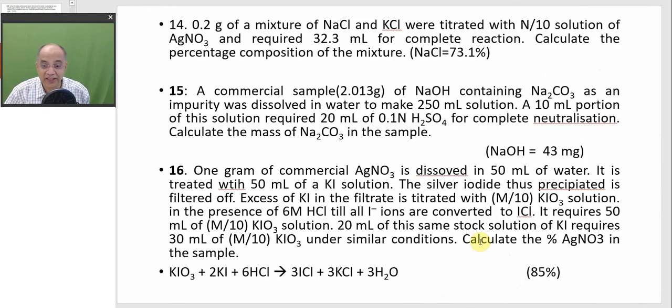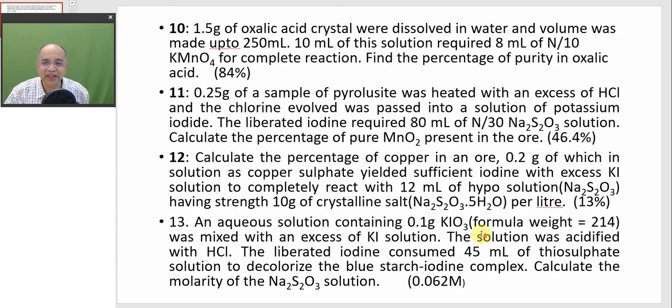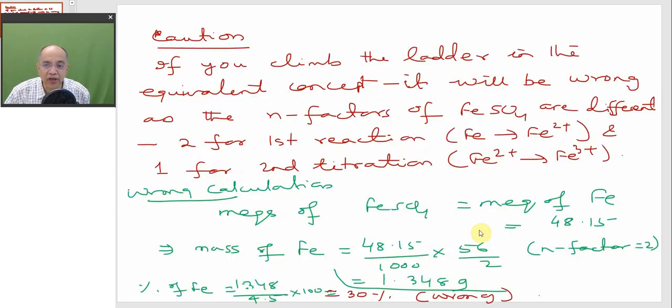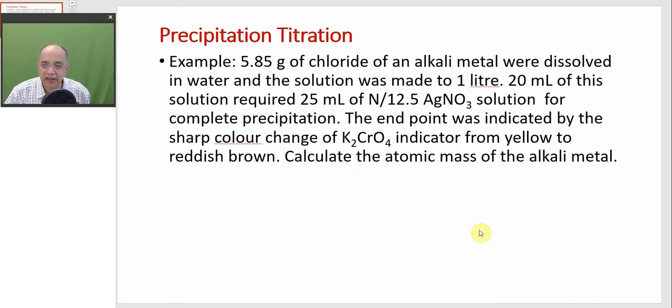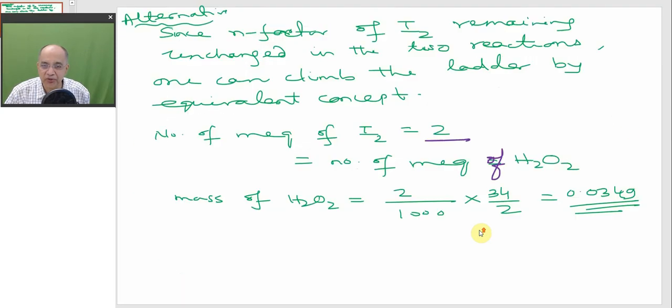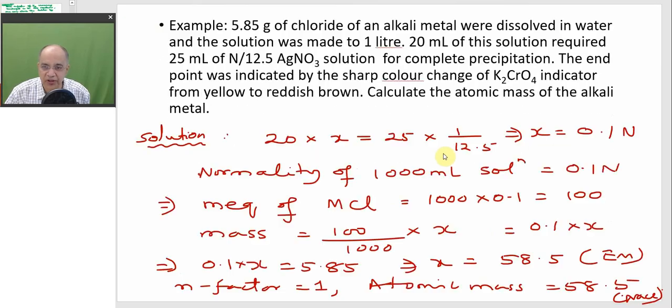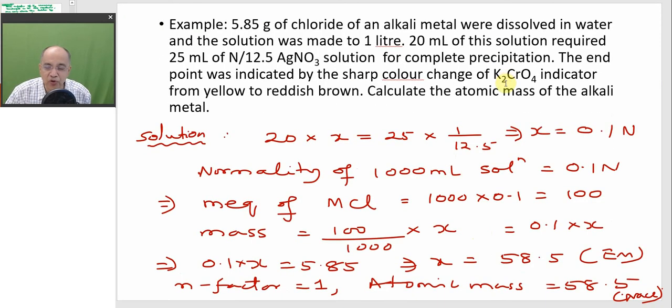These are the 16 problems that I gave you in part 5. The Kilimanjaro trekking starts. Now we have summited the Kilimanjaro, and only 2 were left last time. 2 were left, and I can just tell you these 2, precipitation titration, and one example to show you